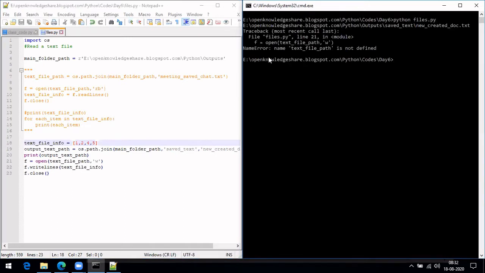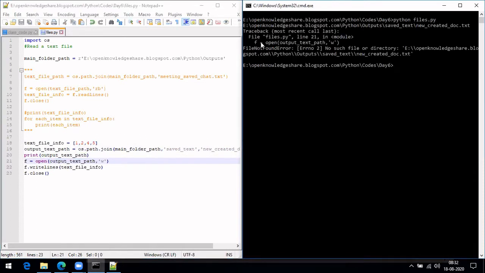It's given an error. It's saying the test file path is not found. Okay, so now you see it was saying no. If you see the output text path, output save with text, and inside it.